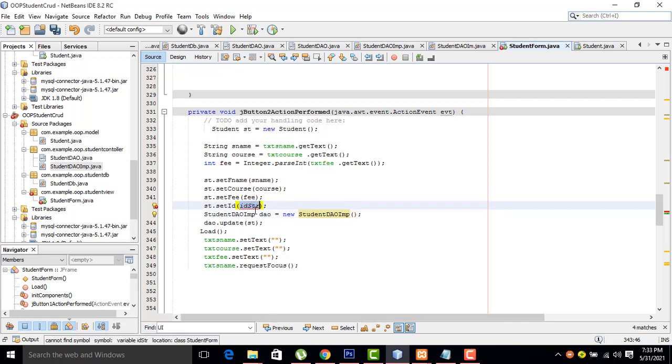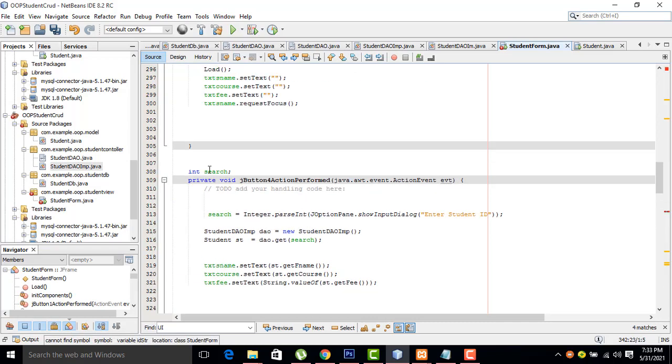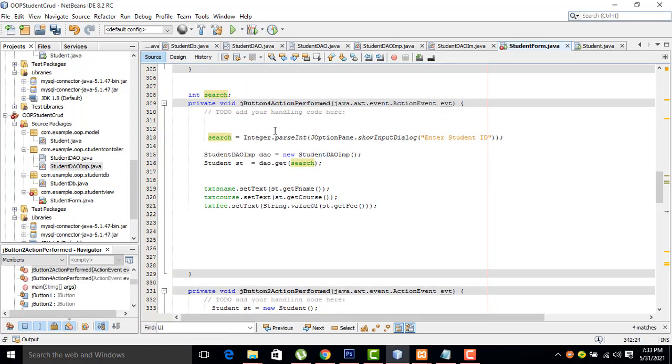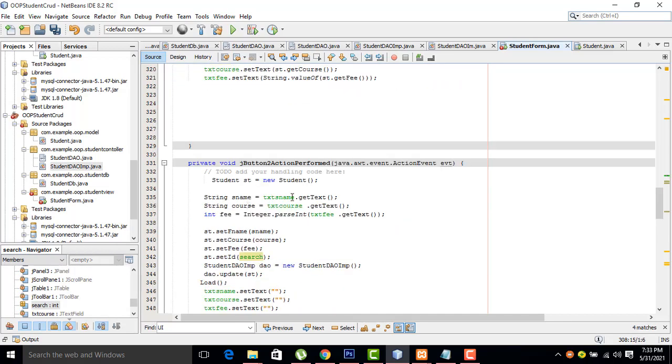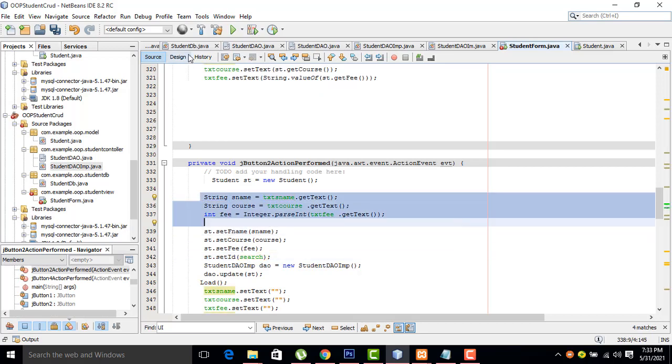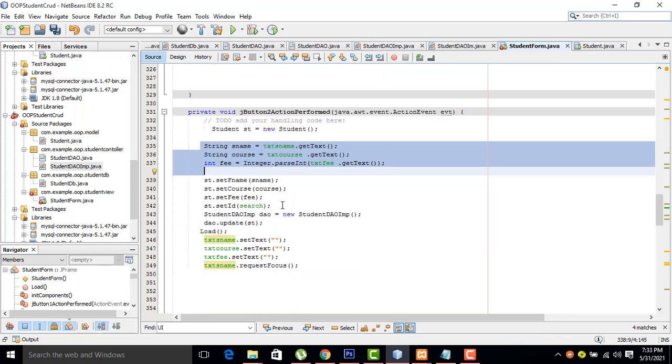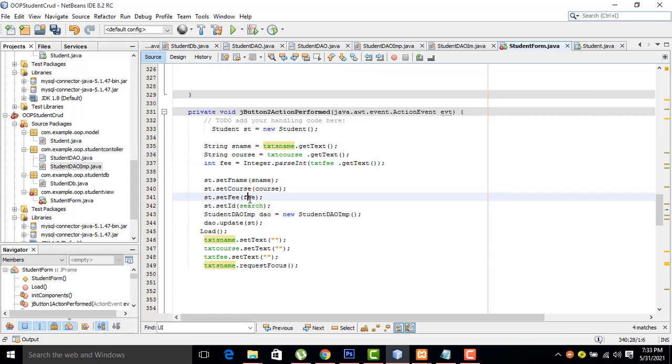Here also the same, the search you have. What is the record you search? What's the ID you search? It is passed to the search variable here. So in this variable the record is there, and the matching record should be displayed on this text field. Then you can edit something else. So here we set the values. The ID you type in the search will be displayed here.